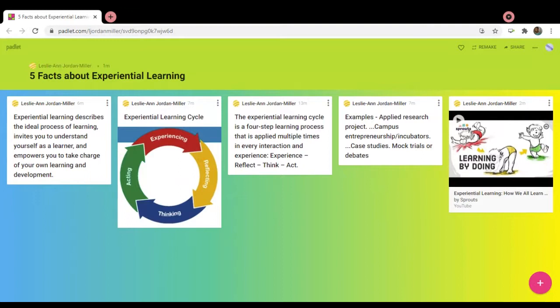There is a 4-step learning process, so we presented the diagram for the experiential learning cycle that starts off with experiencing. The foundation of this approach is really learning by doing, right?